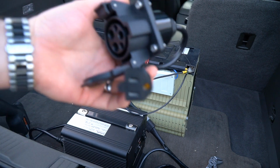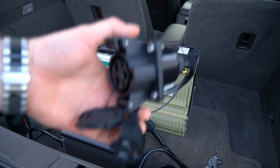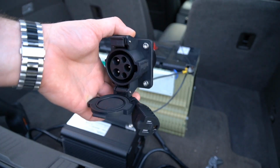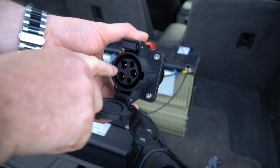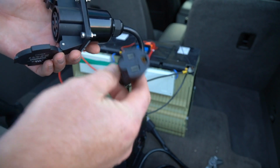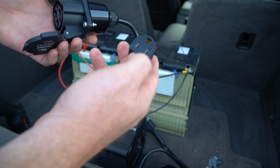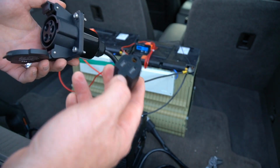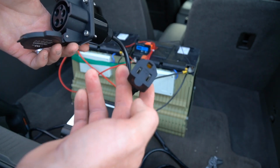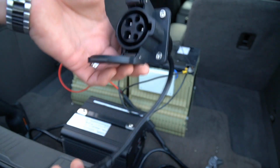There's a guy online from EV, I think it's Tucson EV. He sells different adapters like this. So what this does is it takes the regular standard charge cord, the receptacle, and it gives you 220. Now, he doesn't normally sell this type of plug on here because I would consider this bad, because you could technically plug a 110 device into this and it's probably not going to go so well,